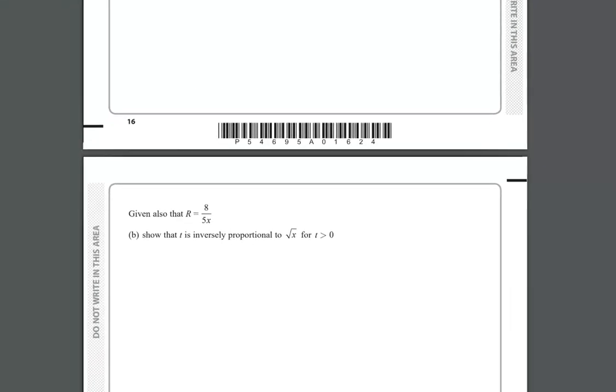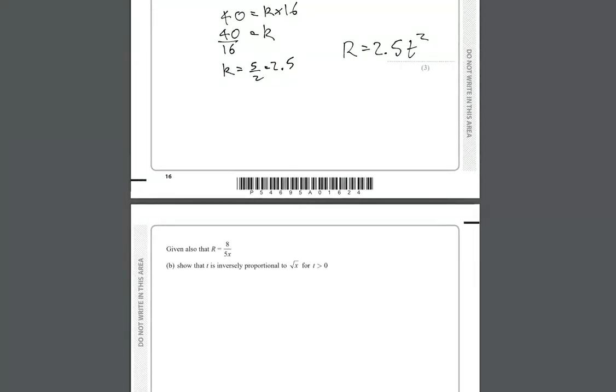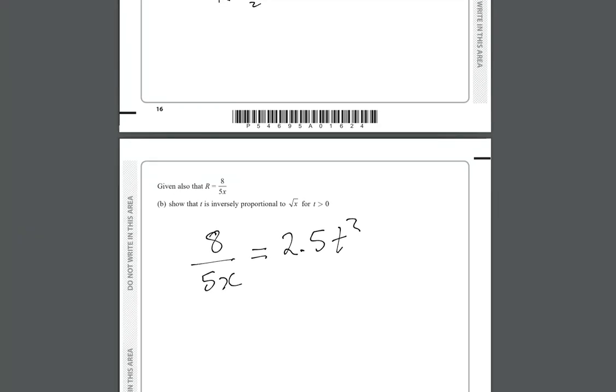Given also that R is 8 over 5x, so 8 over 5x is R, and that, we've shown, is equal to 2.5 t squared. So now we've got to show how they are related. So what does t equal? Well, I don't really care about the numbers when we're talking about proportionality, but let's work them out. So we're going to do 8 over 5